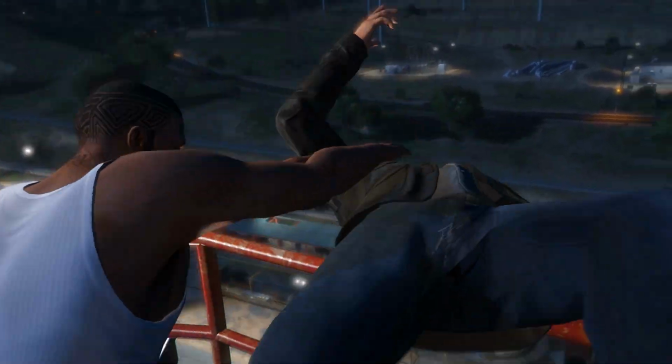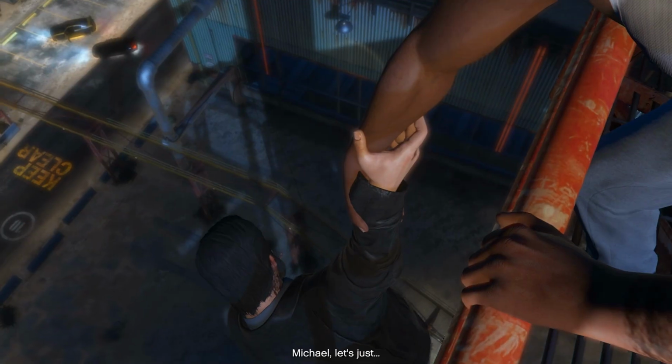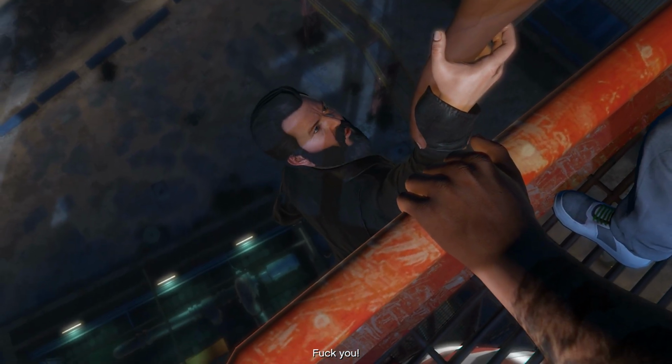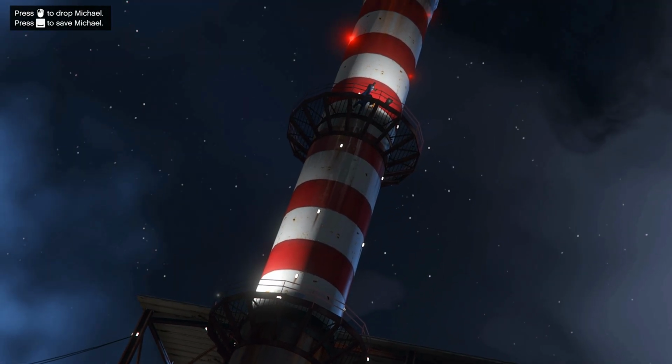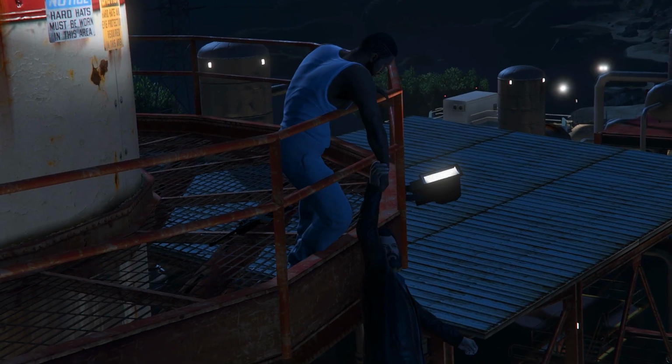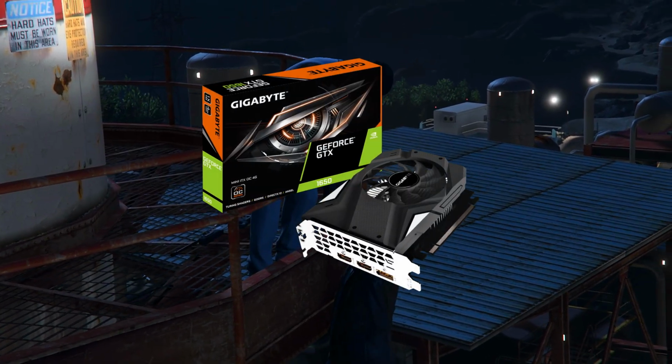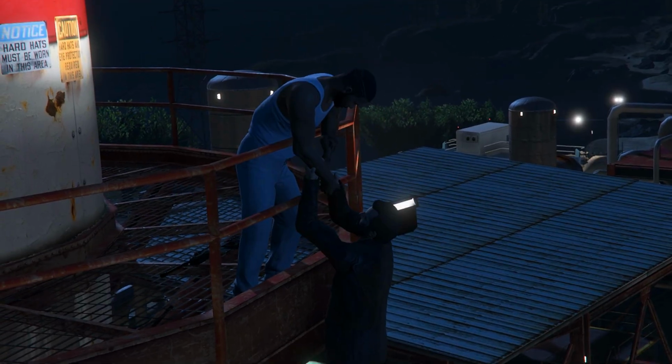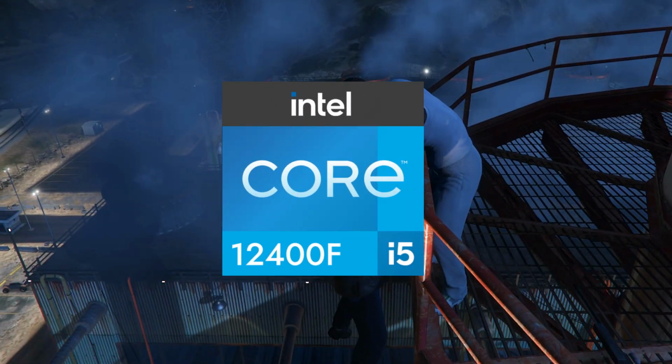Here are the ideal graphics settings for playing GTA 5 Enhanced on a low-end PC with 60 FPS. I tested these settings in various game scenarios and achieved a consistent performance of 60 FPS. For this test, I am using a GTX 1650 DDR6 model along with an Intel i5-12400 processor and 16GB of